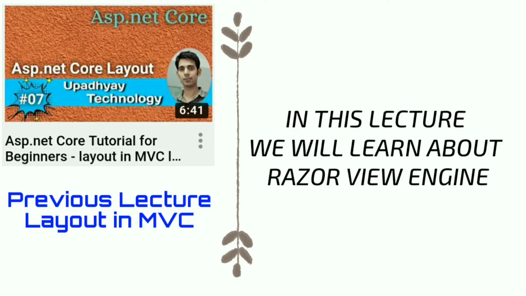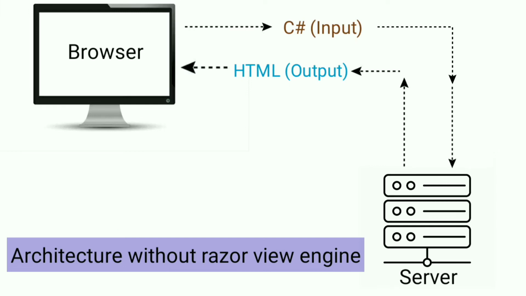Hi friends, today we will learn what is Razor View Engine and how to use Razor View Engine in our projects. Razor View Engine is the default view engine for the ASP.NET Core application. It gives us facility to write C# code with HTML in views, and later it converts the server-side code to client-side code in computer itself and gives us a better user experience.